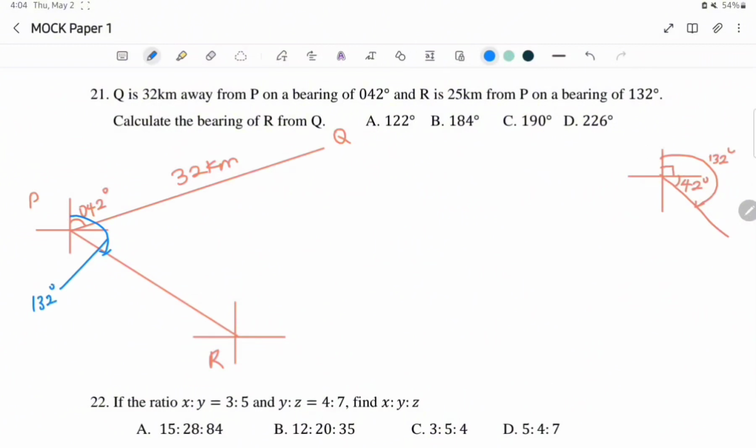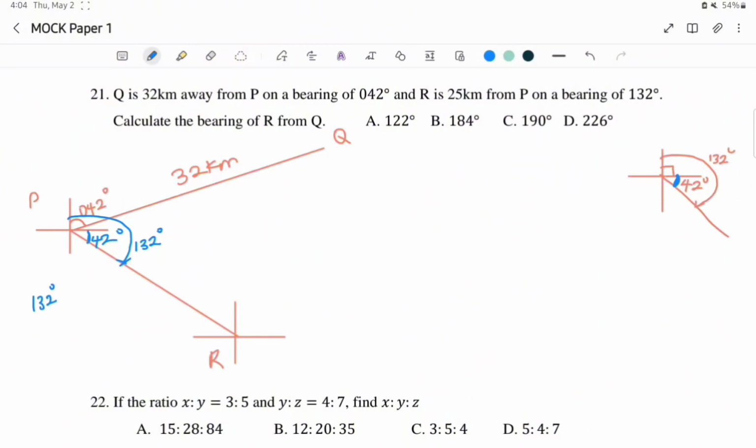So if that is 132 degrees, that means the angle here that we sketched right here is also 42 degrees. Now that we know we have two angles that we sketched at P, the question says calculate the bearing of